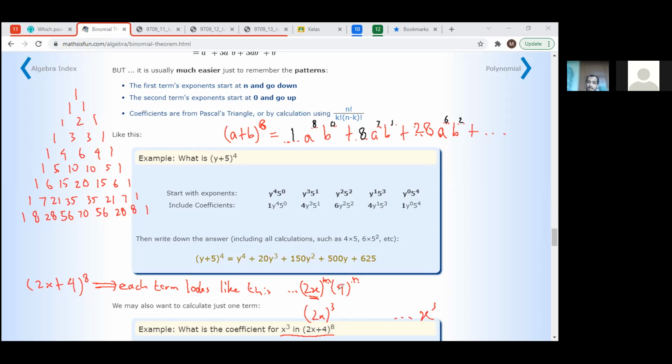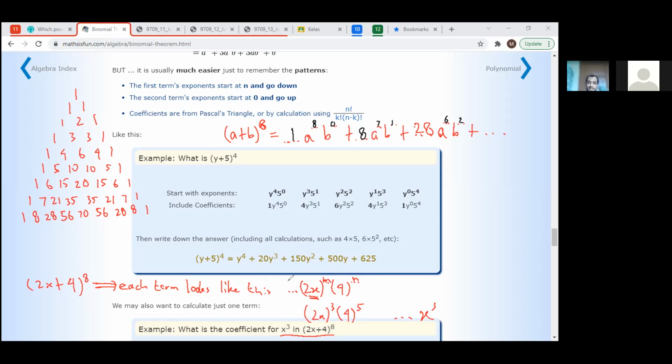Nah, berarti sekarang n-nya berapa? We can get n because each term, if we expand this, when we have the term in this form, the power will always add up to 8. So m plus n will be 8. If m is 3, then n is 5. So this will be 4 to the power of 5.